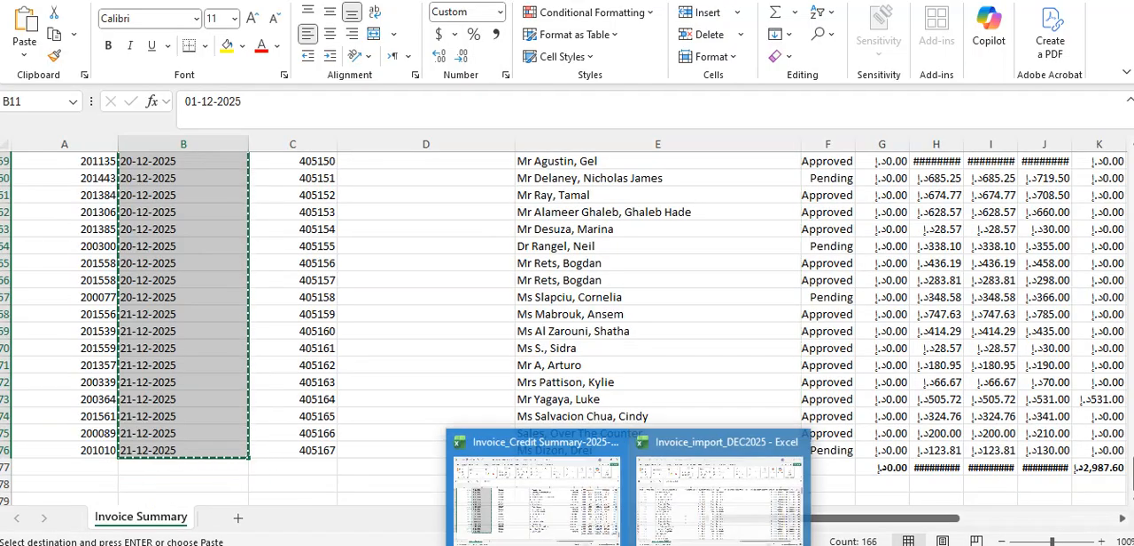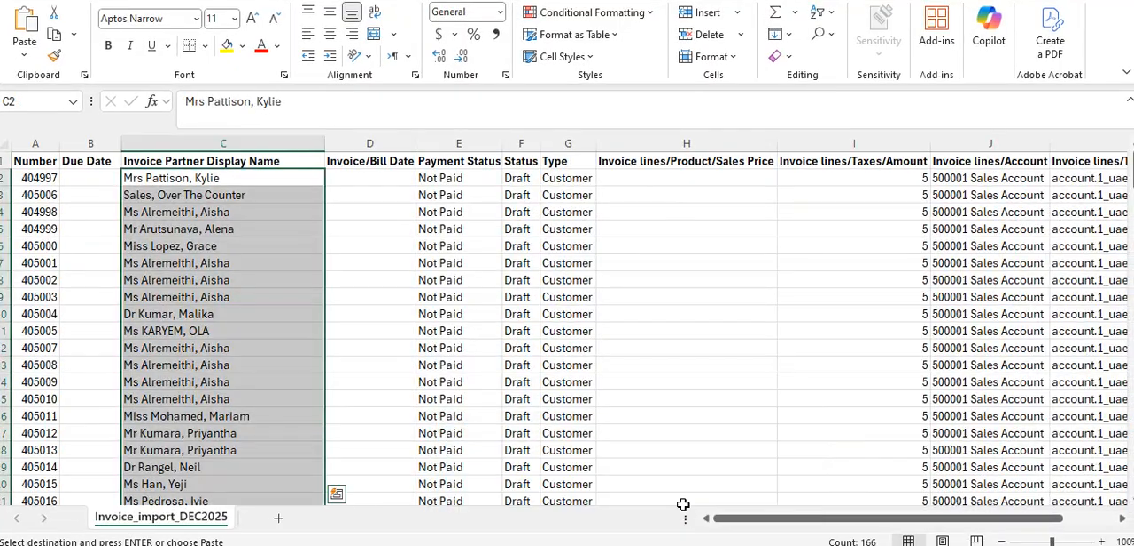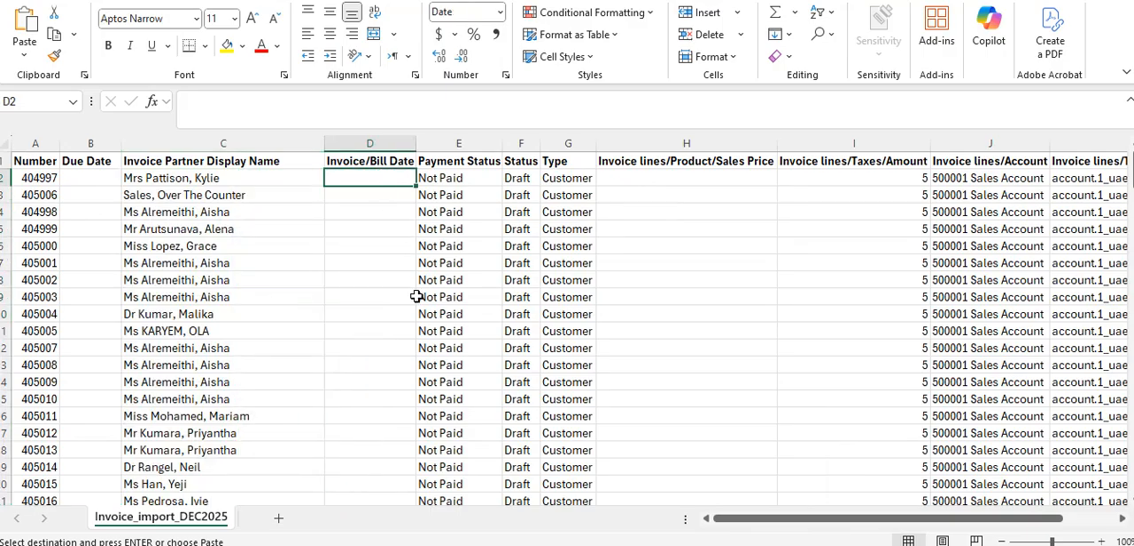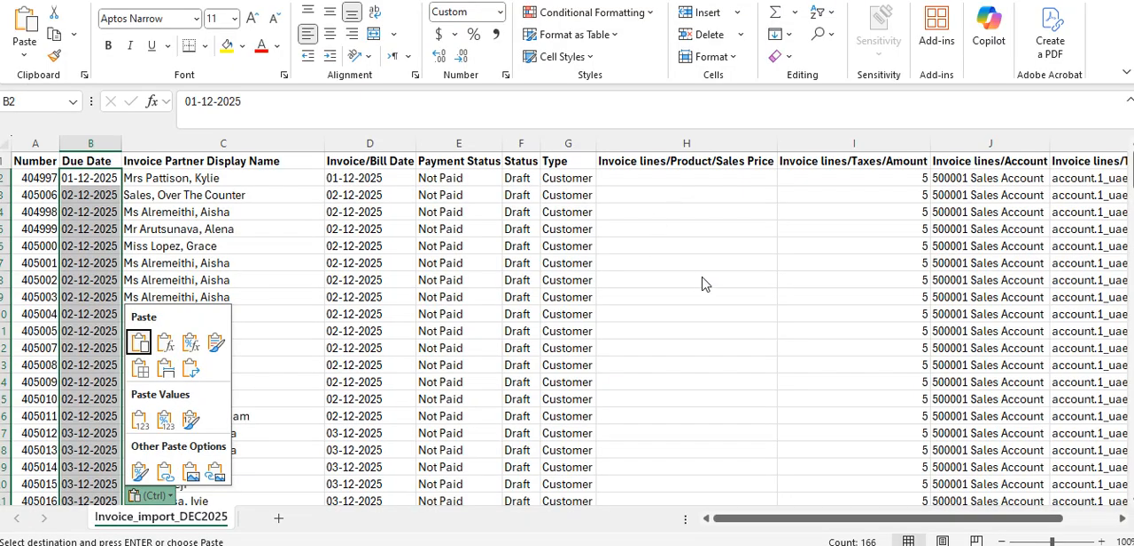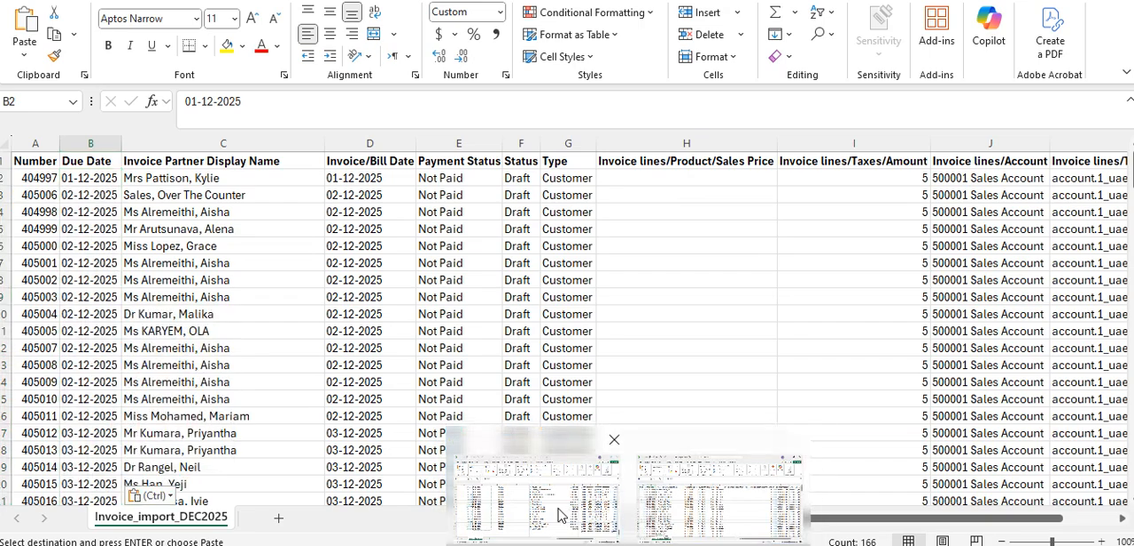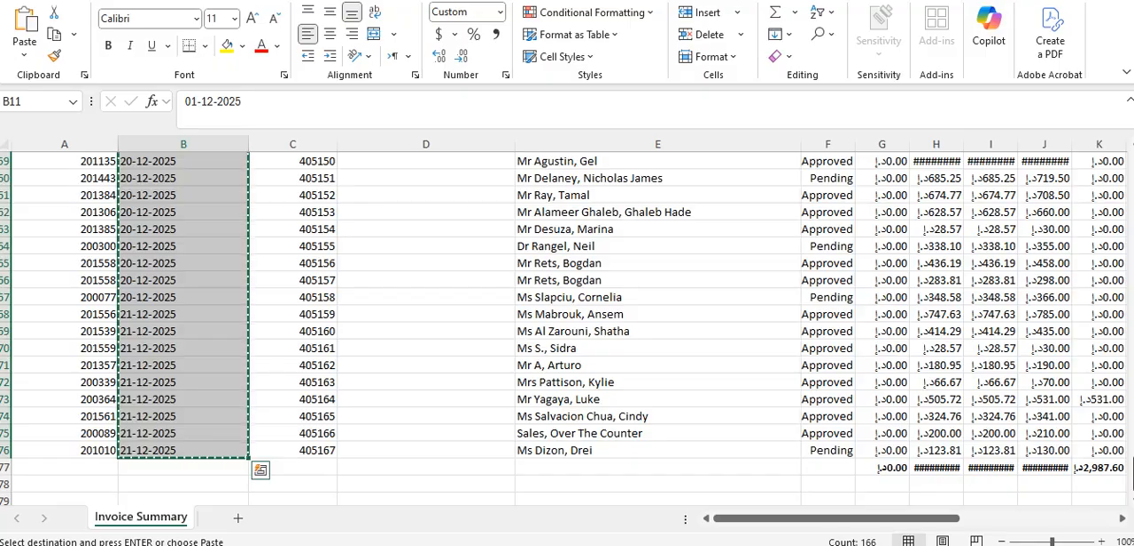Control C, and this will go into this invoice filter. This will actually be copied in both the columns, the due date as well as invoice bill date, in case of customer invoices. So once this is done, now we can bring in the invoice amounts, and for that you choose,